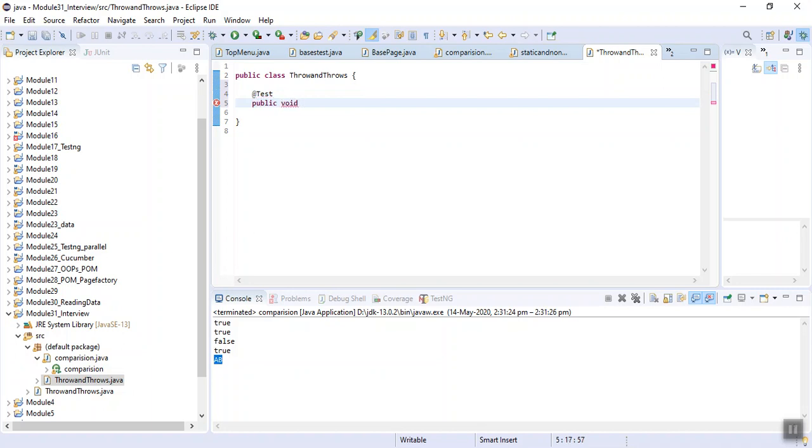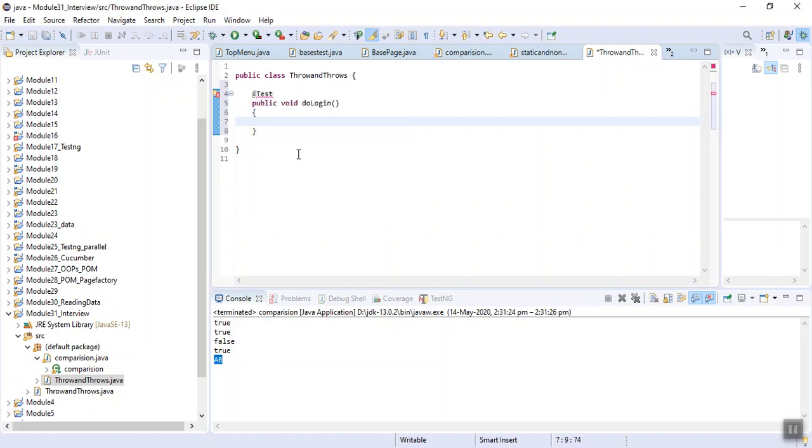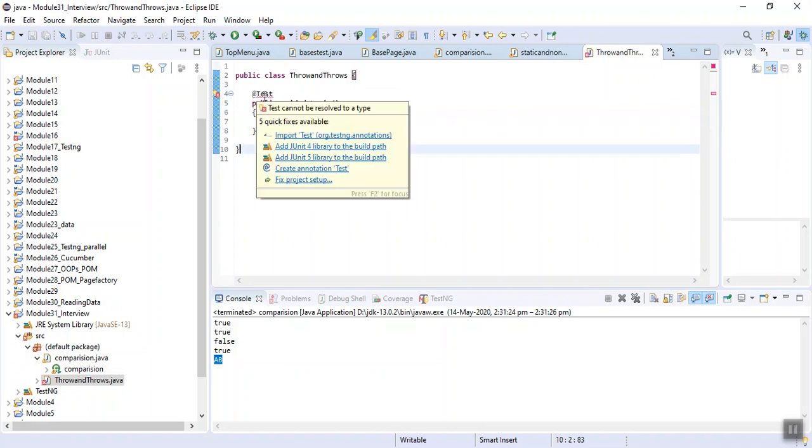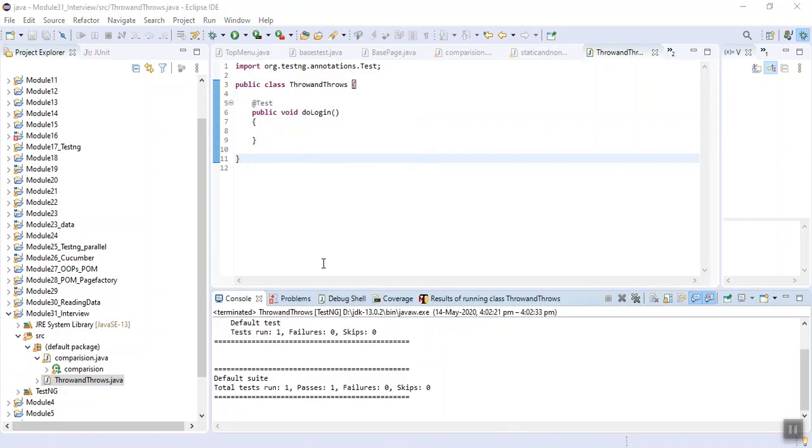Public void do login. See, I ran it and it worked fine, it was a pass.